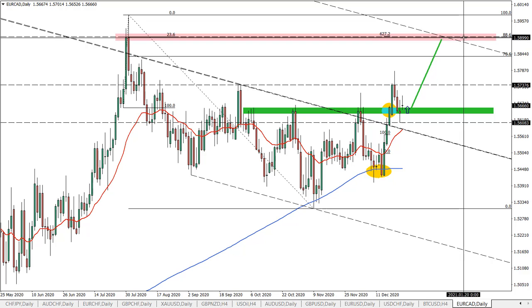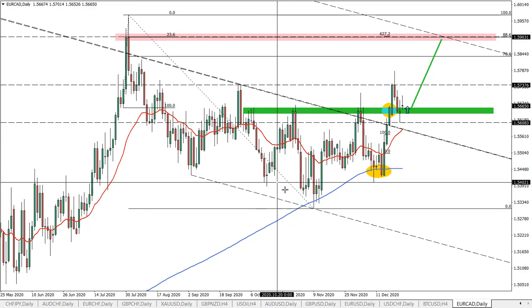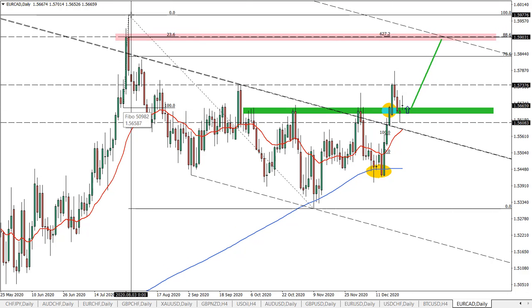Now, why am I speaking about this resistance? Well, it is confirmed by 3 different Fibonacci retracement levels. First off, I have used fibs to apply to the overall correction, and we can see there is 88.6 Fibonacci retracement level. Another thing, I have used fibs to the last wave to the upside, where we have